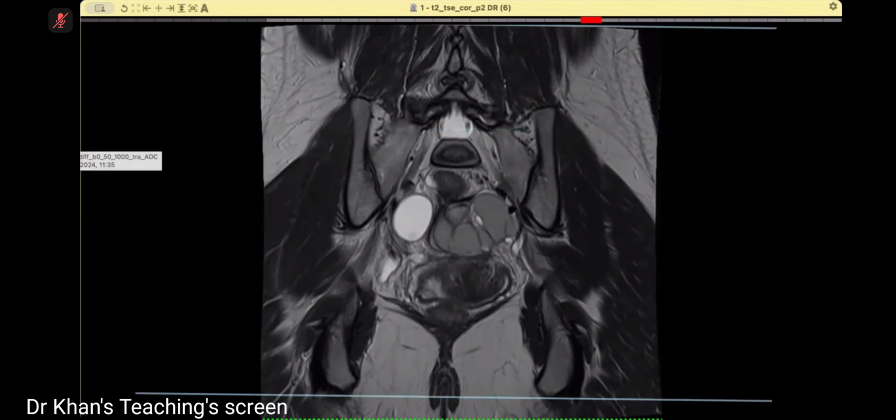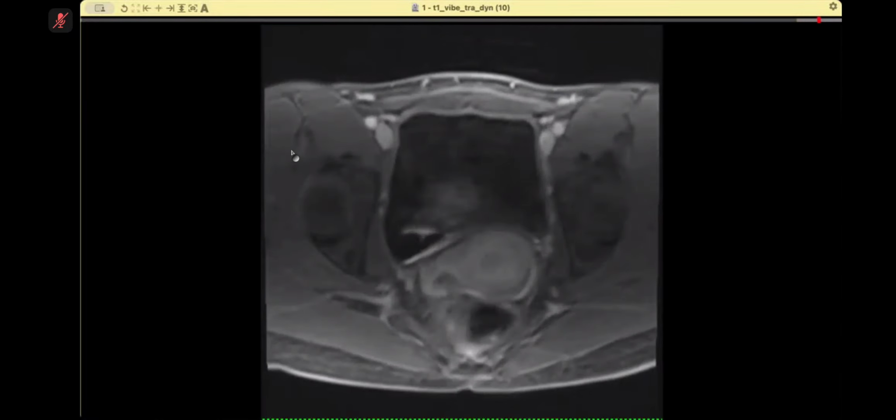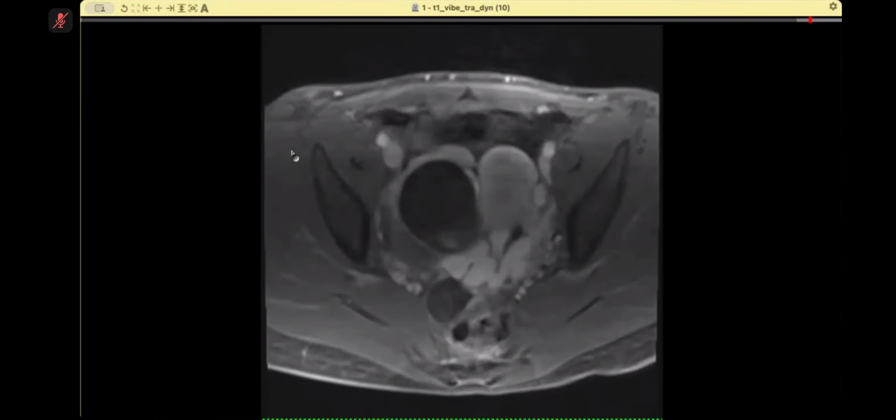to look for any peripheral enhancement. This is the post-contrast. Post-contrast images show there is peripheral enhancement of that tubular structure, which likely represents